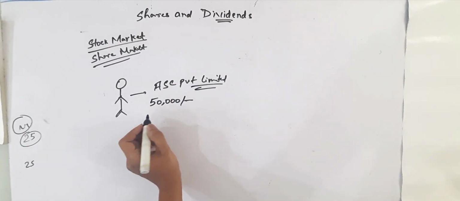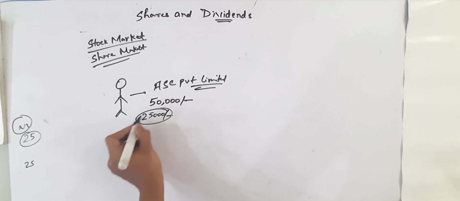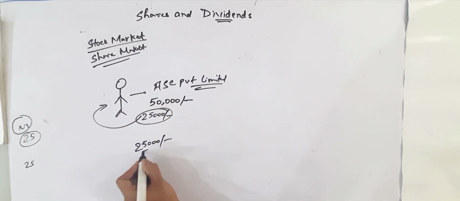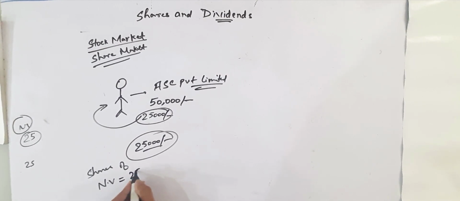But he has only 25,000 of his own. So for the rest 25,000, what he will do is create shares of nominal value of rupees 25 each, and he will create 1000 shares,